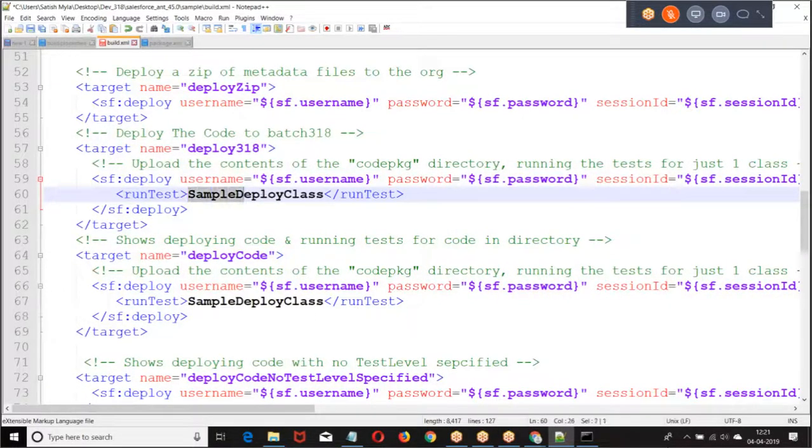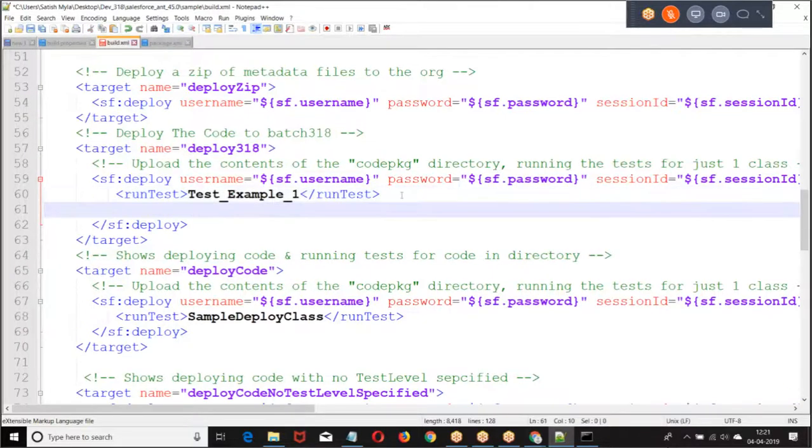I want to run only specific test classes. You're supposed to give test 1, test 2. But I'm giving them as 2 separate entities and trying to make it. We'll check it out. So I mentioned it here.